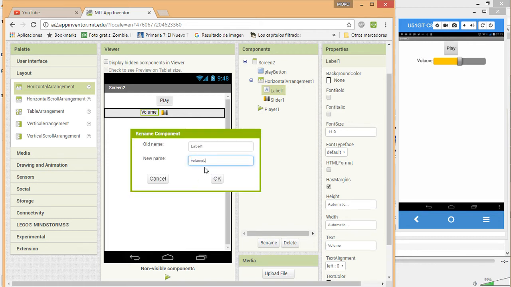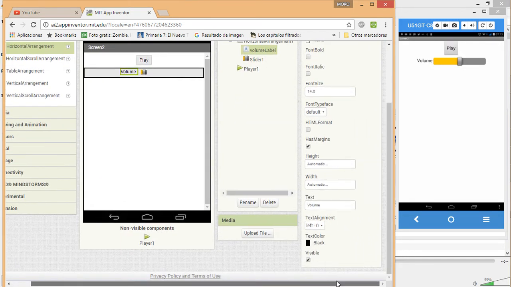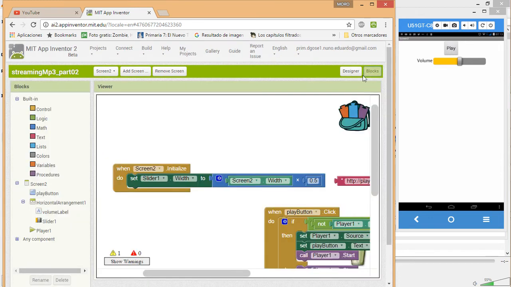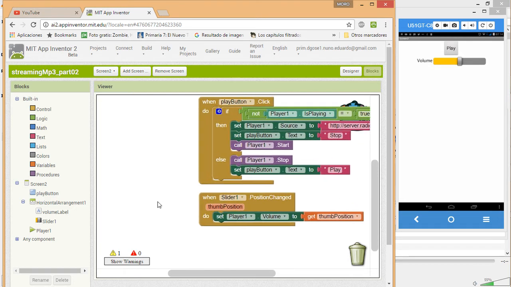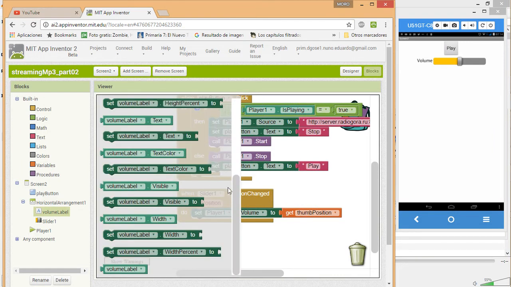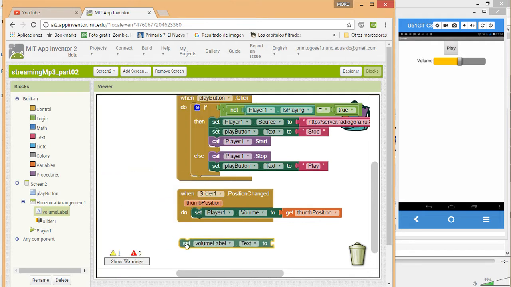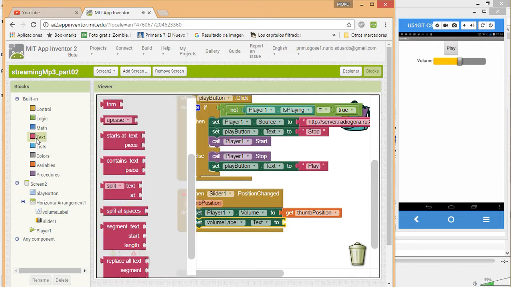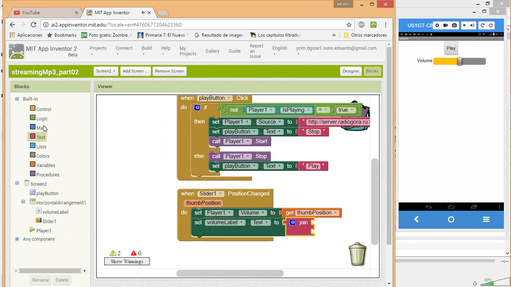and maybe we rename it to volume label. That's it. Then we have to go here again to the blocks, and let's say, every time we change the slider or the position of the slider, we want to refresh the text in the volume label. And maybe we can use join to set this to volume,